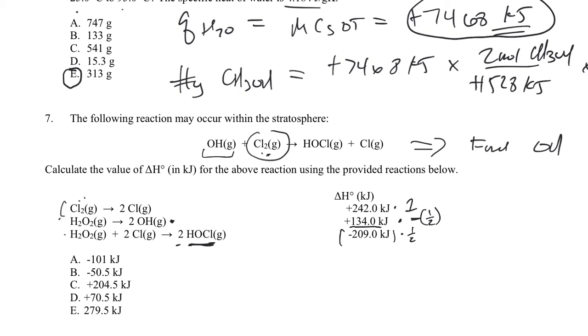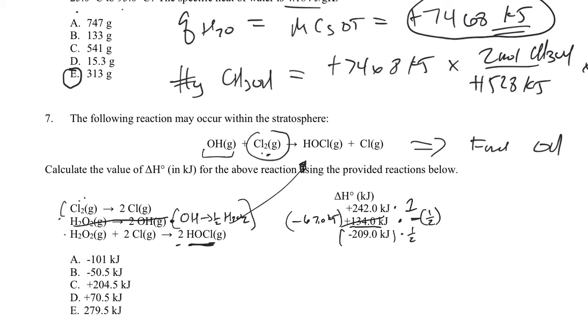And then, but the product's on the right side of the reaction. It's on the correct side of the reaction. So if I flip the second reaction and I have OH going to a half H2O2, that's what I accomplished by cutting the coefficients in half. The delta H of that reaction would be minus 134 by 2, so minus 67.0